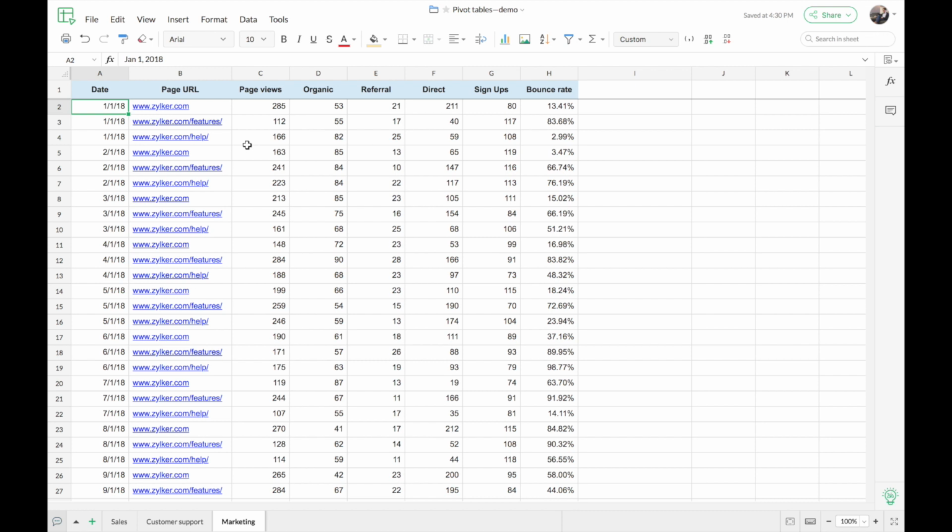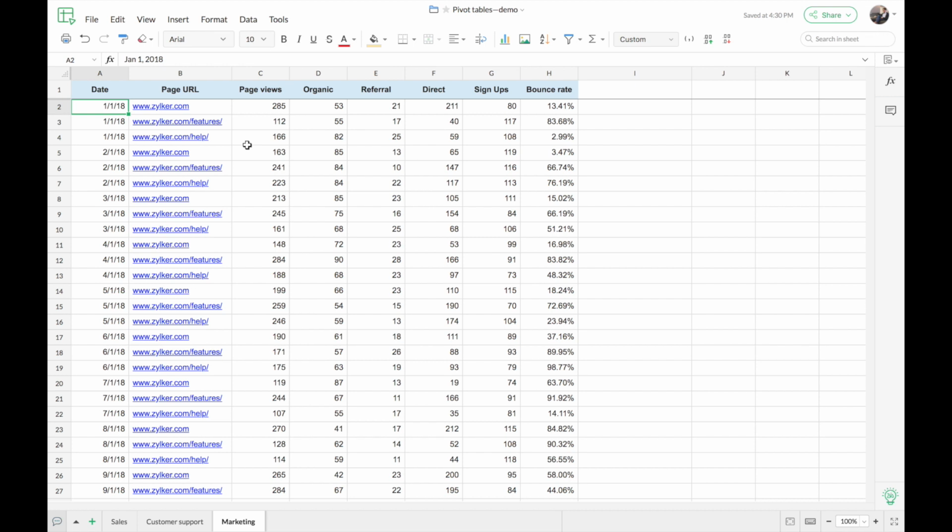So in this sheet, we are not going to create a pivot table manually. Instead, we are going to get help from Zia. So we had introduced Insights by Zia earlier this year. So Zia is nothing but an AI-powered analytical assistant who will help you study and analyze your data.